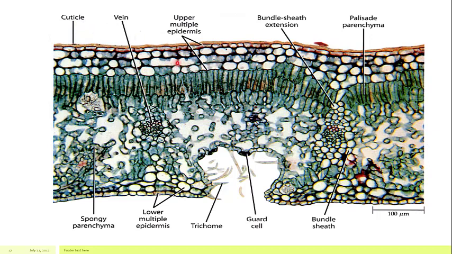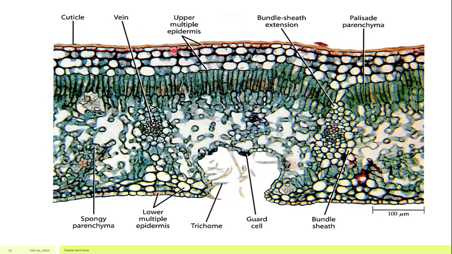After the cuticle, you can see there are two or three layers of cells, which is the epidermis. And this particular epidermis is not single layered; this is the upper multiple layers of epidermis. In the lower surface there is a single layer of cells, but on the upper surface the epidermis is present as multiple layers. So these are the two types of adaptation which we have seen: a cutinization along with multiple layers of epidermis on the upper surface of the leaf.